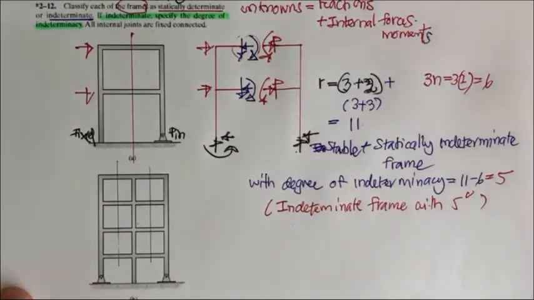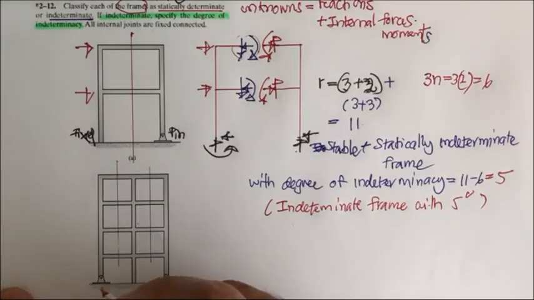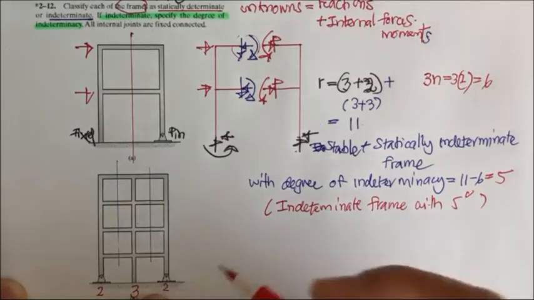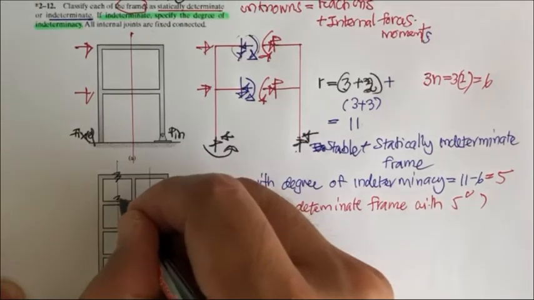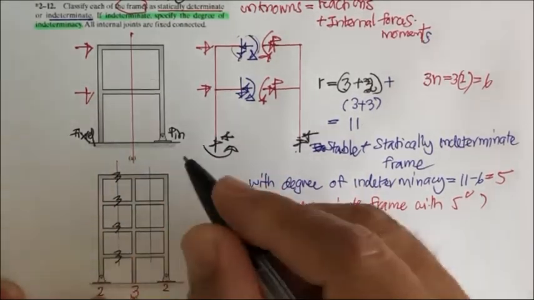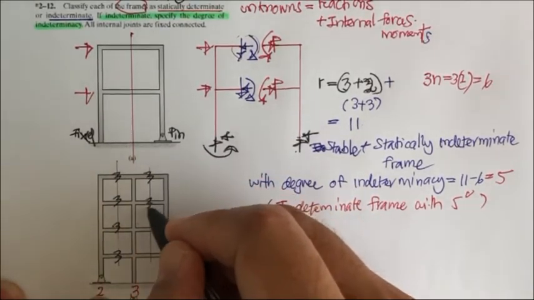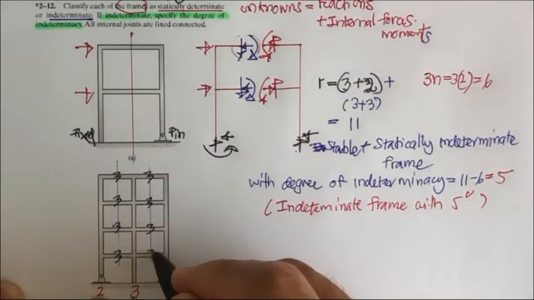By doing this, coming back to consider the supports. This is the pin, the unknown is going to be 2. This is the fixed, the unknown is going to be 3. And this is the pin, the unknown is going to be 2. And then each cut is going to have